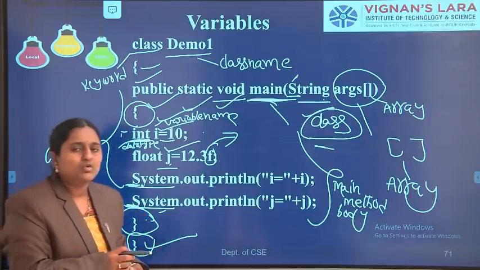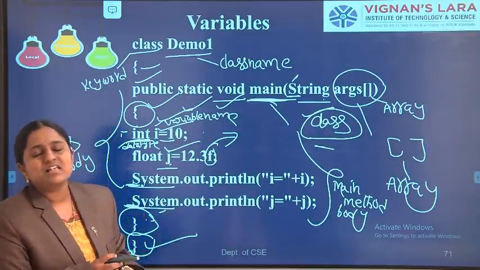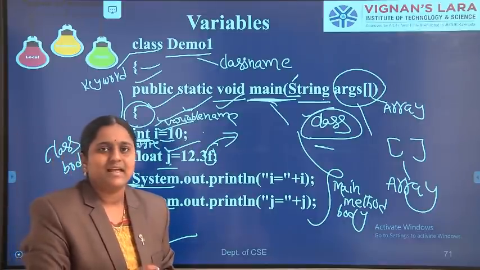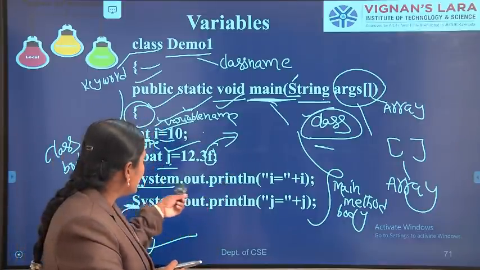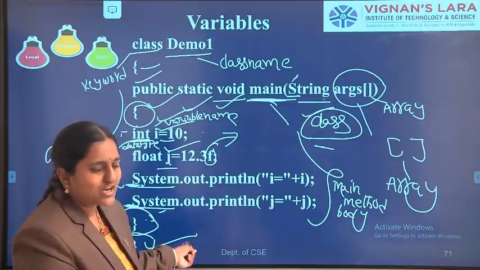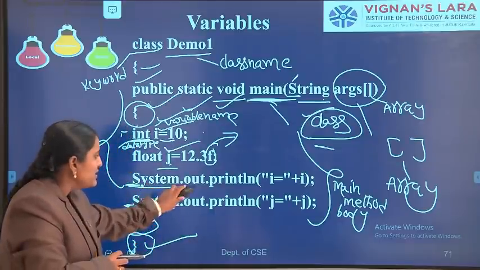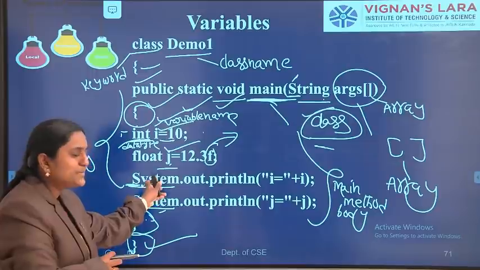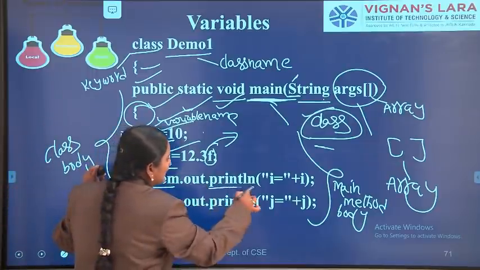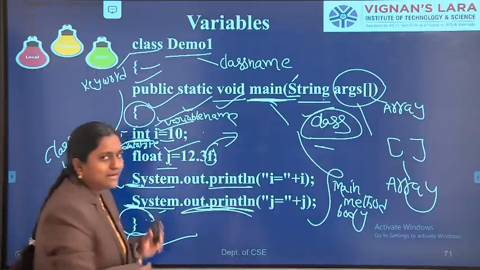In Java, we have predefined classes. The first letter should start with an uppercase letter. Here String and System, these two are classes. Out is an object of the System class. Println is the method. It is the output statement finally.